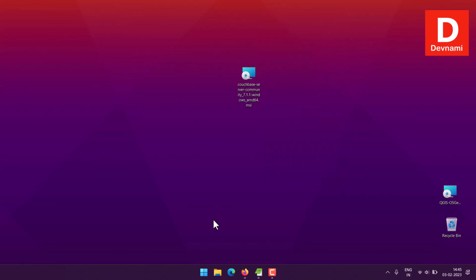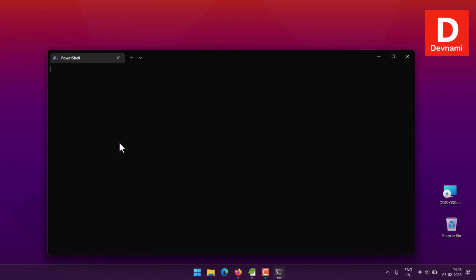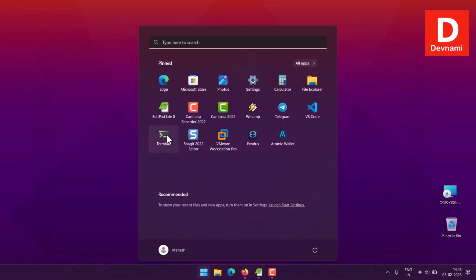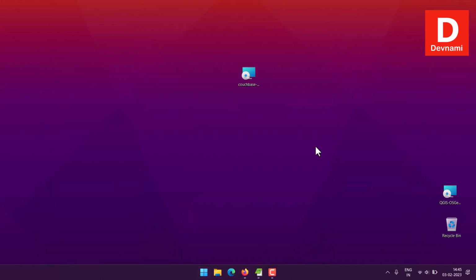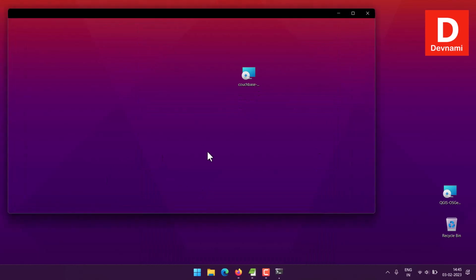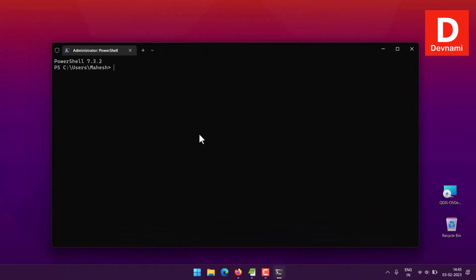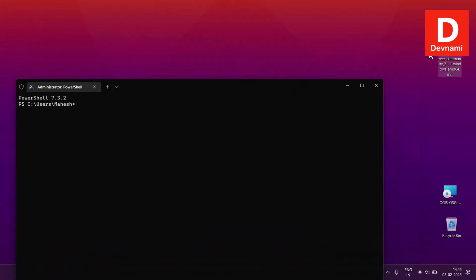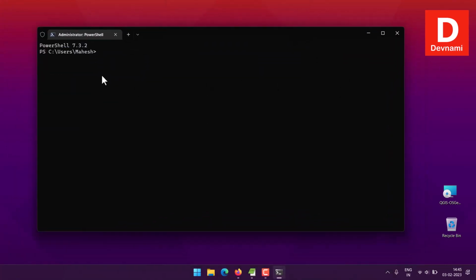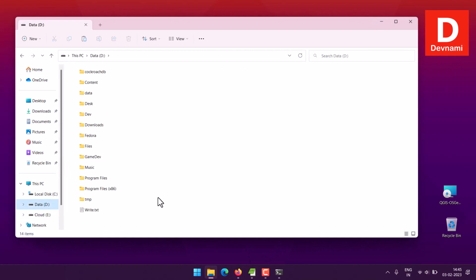We can simply go to terminal, and then we can right click on the terminal icon, run as admin. So it needs to be run that way. So run as admin. Then here, let's say if I try and drop this here, that won't work like the previous versions. So I will try to move this to, let's say, D drive,